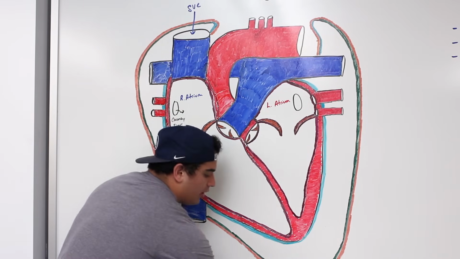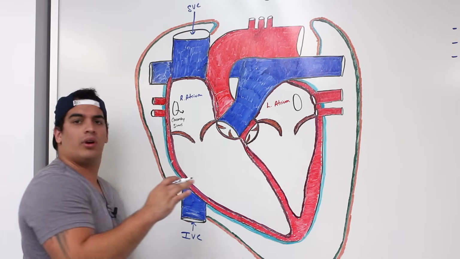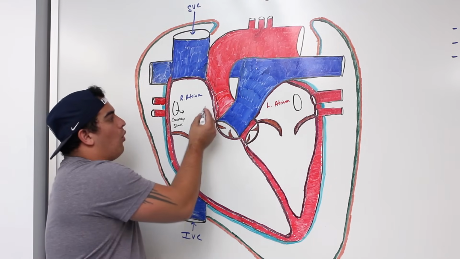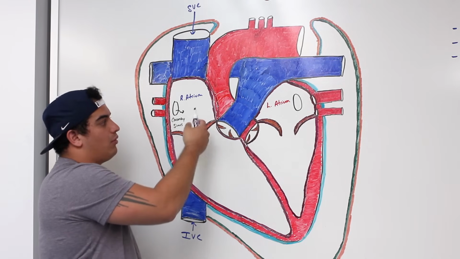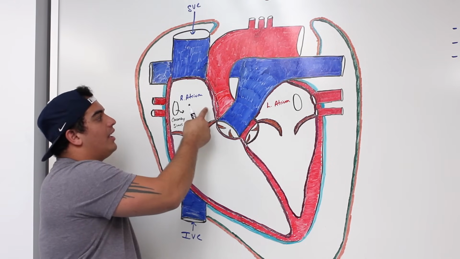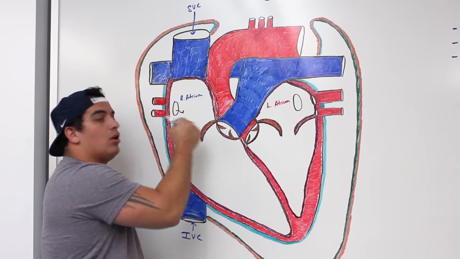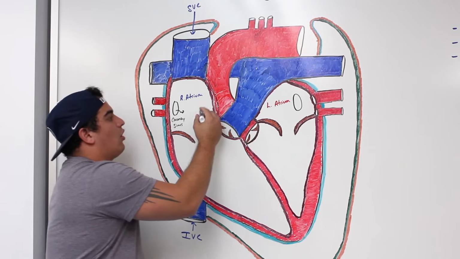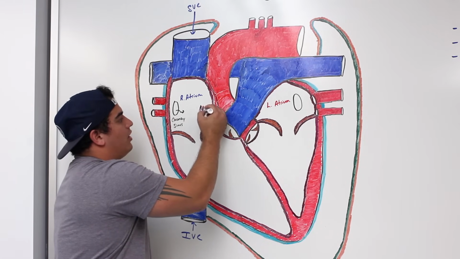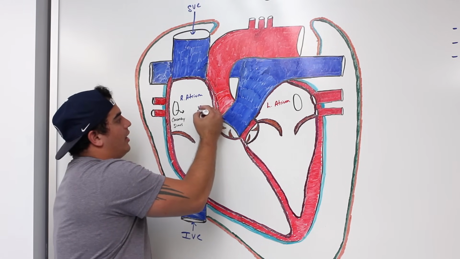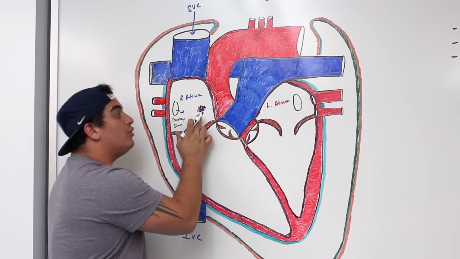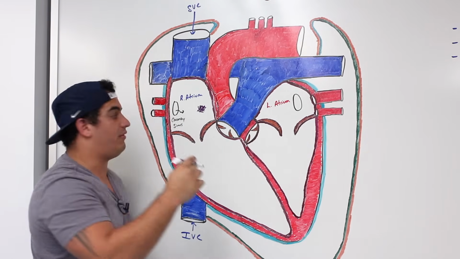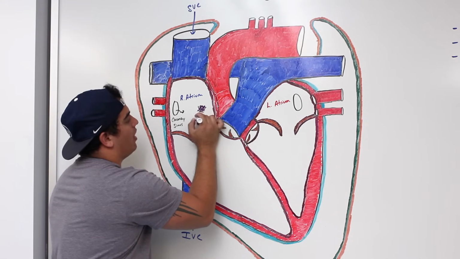You also have a little bit of scar tissue in this area. Whenever you're born, generally there's a hole between the right atrium and the left atrium called the foramen ovale. But whenever the fetus starts growing up, the hole closes up and becomes scar tissue. So imagine I draw a little bit of scar tissue here. This scar tissue represents what's called the fossa ovalis, which used to be the foramen ovale in the fetus, okay? So they call this one the fossa ovalis,